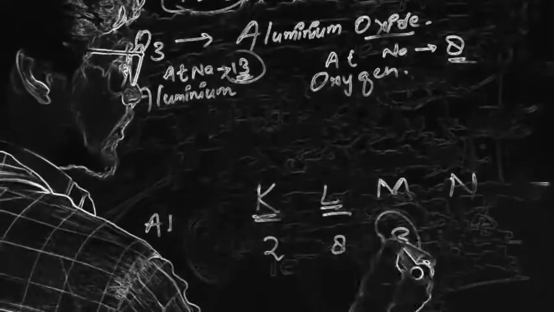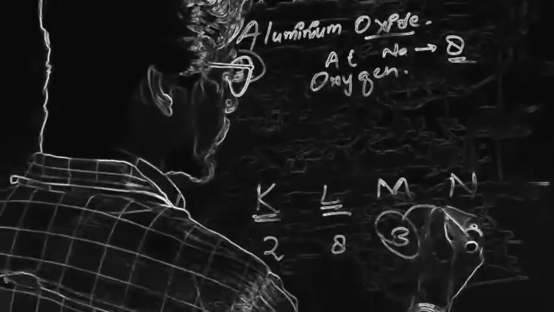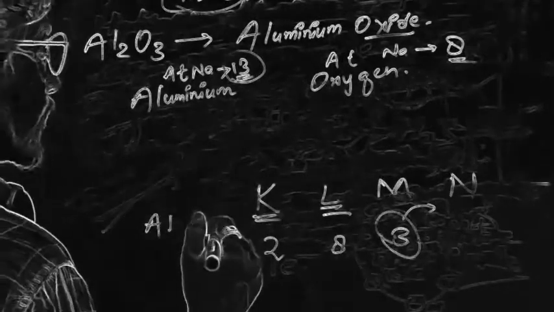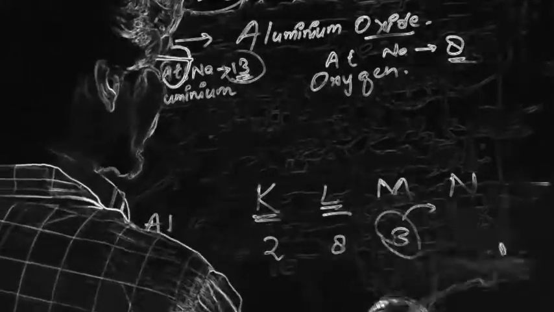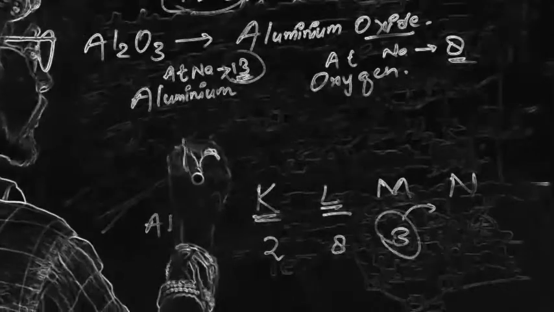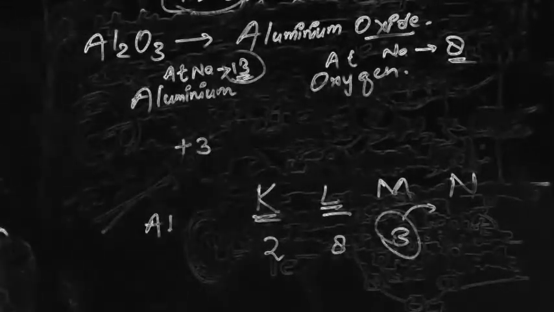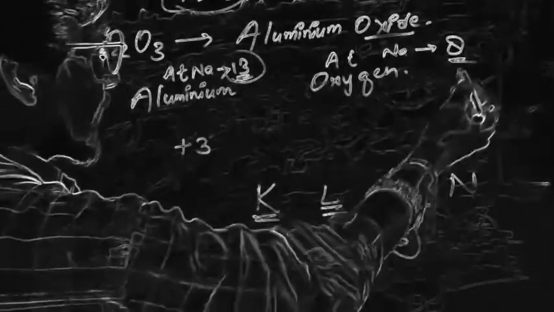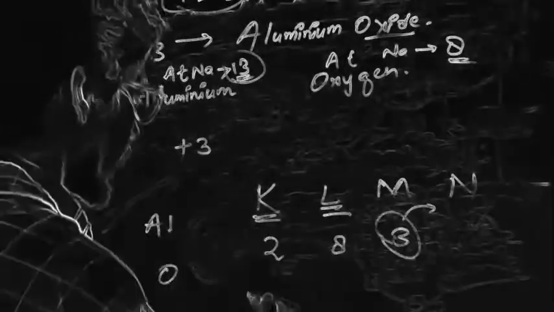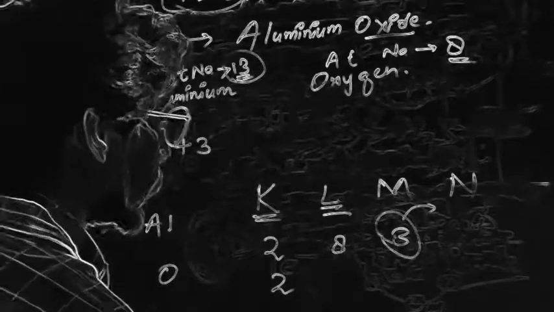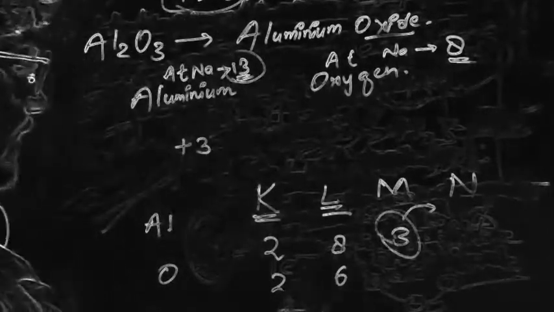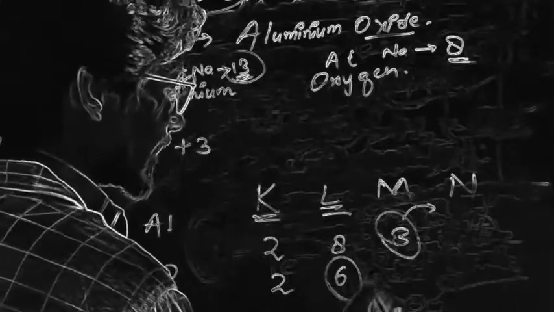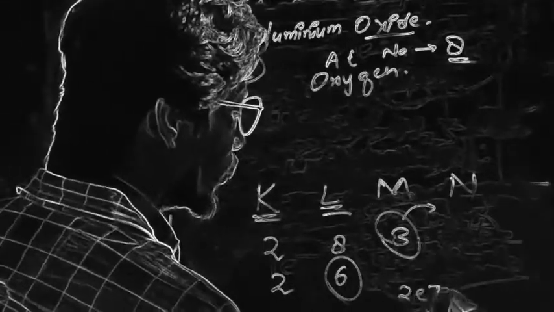Here are 3 electrons. The better way is to give it off, because if we take 5 more electrons, a lot of energy will be needed. So it's better to give 3 electrons off, and when you give 3 electrons, the valency will be +3. And if we talk about oxygen, its atomic number is 8. So in K how many? 2. L 6. 6 plus 2, that is 8. So now what you will do? You will give off 6 electrons or you will take 2 electrons.